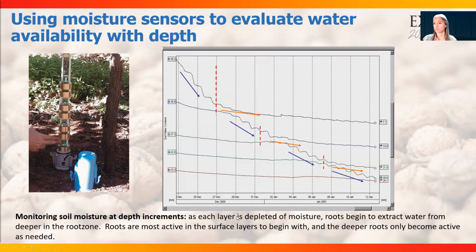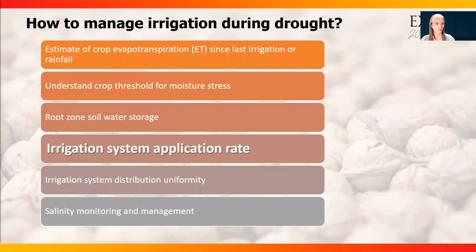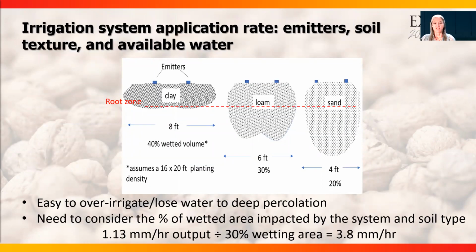And so this can be a useful tool actually for seeing, for a given irrigation set, the duration of the irrigation set, how deep in the soil profile the moisture responds to that irrigation set. Irrigation system application rate. It's easy to over-irrigate or lose water to deep percolation if your system application rate and soil texture is